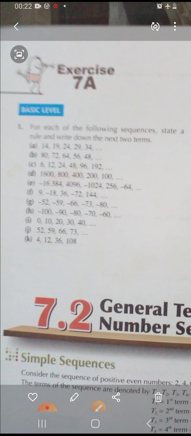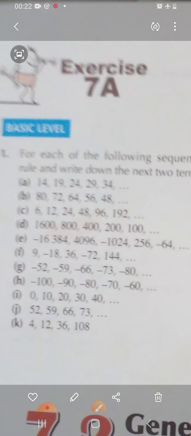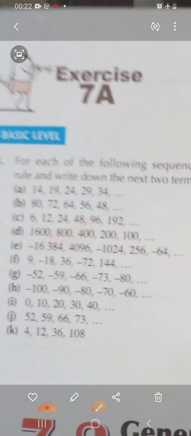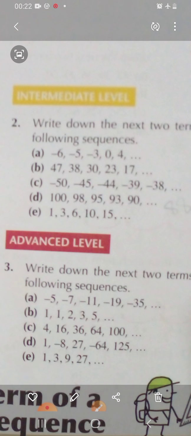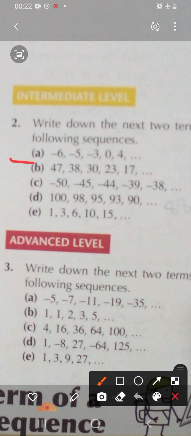In the first class we started this question, and I gave you question number 1 as homework. In today's class we will discuss question number 2. In this question it's written: write down the next two terms of the following sequence. So here, if you see the first one,